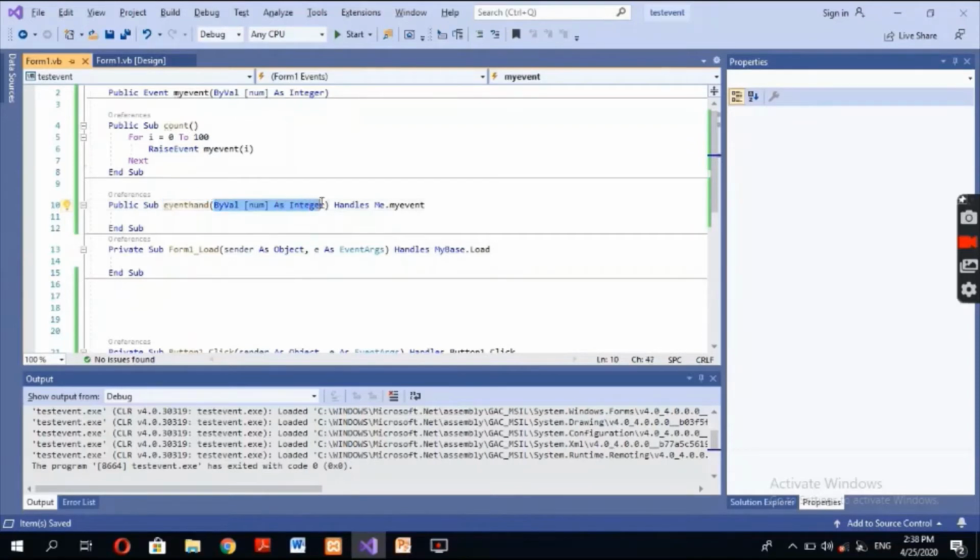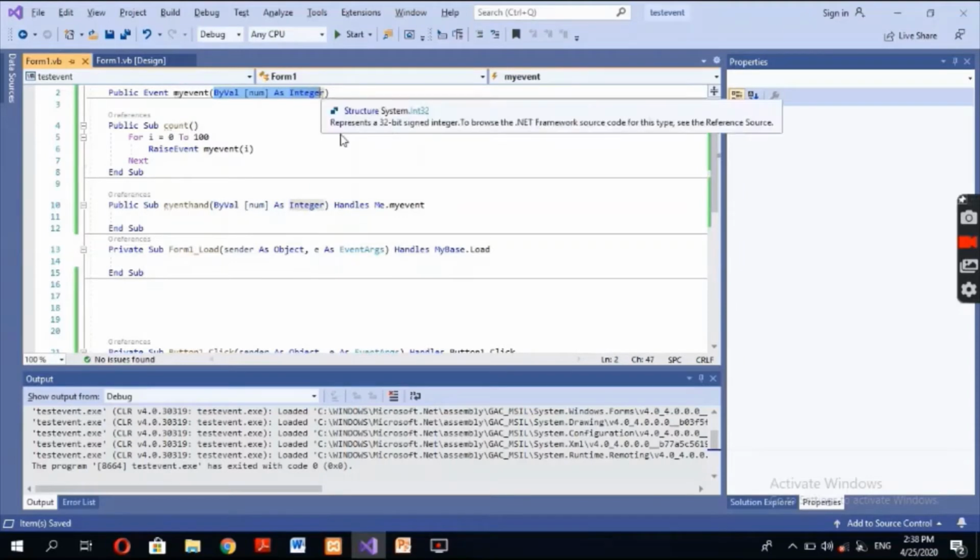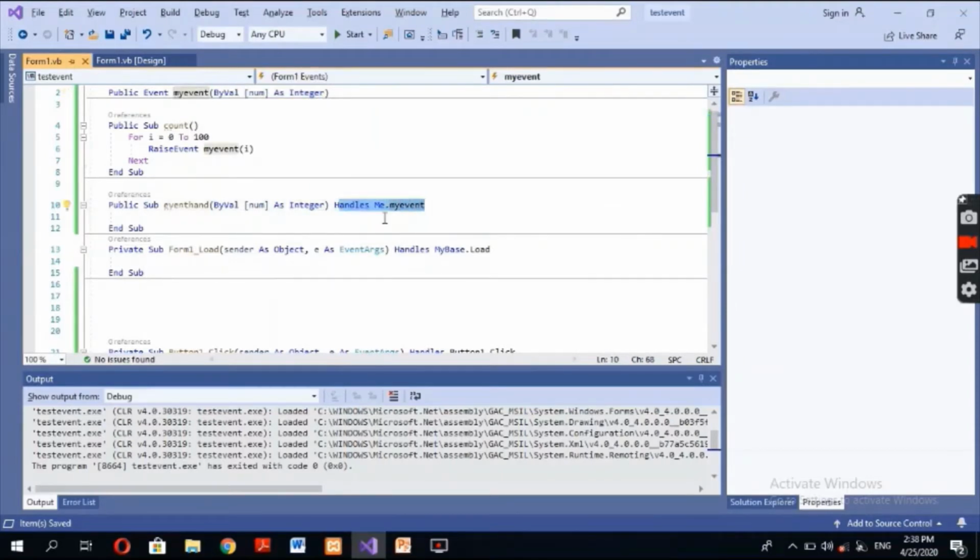It has the same number and type of parameters as this event right here. Handles Me.MyEvent. You always give Handles, like for the form load event. Right here you will give Handles. Me means this current form, dot MyEvent, which event this event handler would handle.